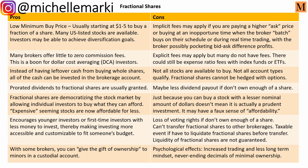And another pro is prorated dividends to fractional shares are usually granted. And a con is maybe less dividend payout if you don't own enough of a share, like I talked about with the Starbucks example. And a pro is fractional shares are democratizing the stock market by allowing individual investors to